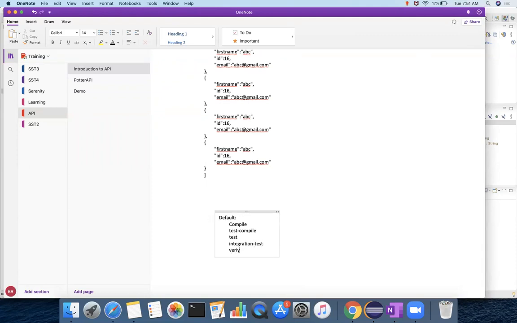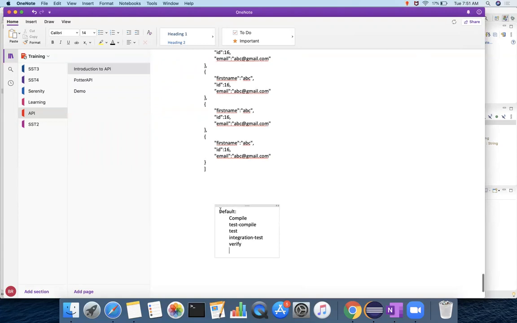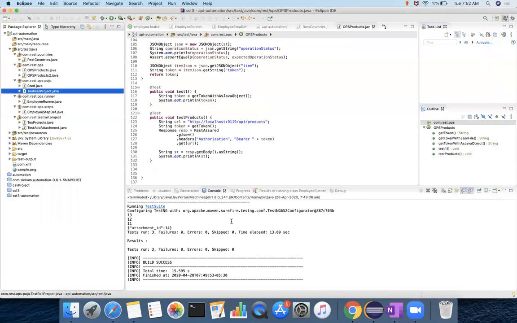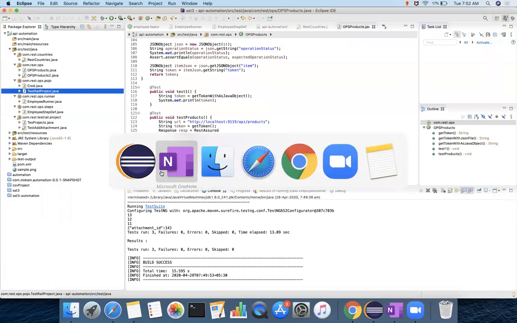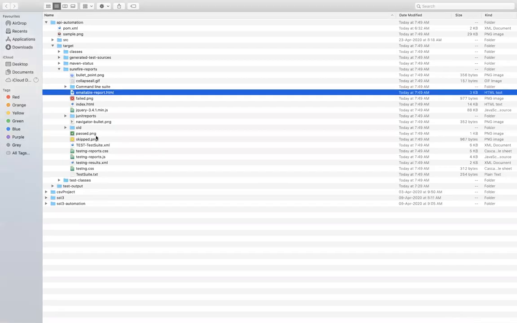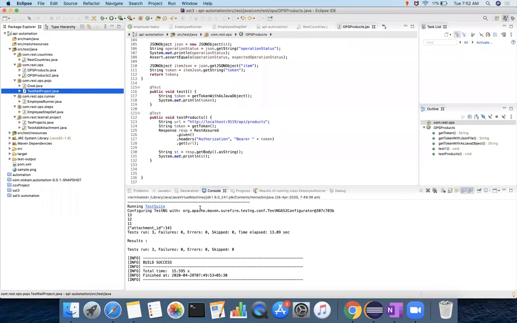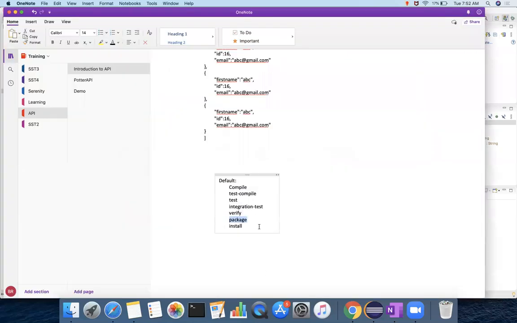Verify will check that everything is correct, and then package will prepare the jar or war file according to our Maven project type. This package creates the jar file in your target folder here, and then install will copy this to your local repository.